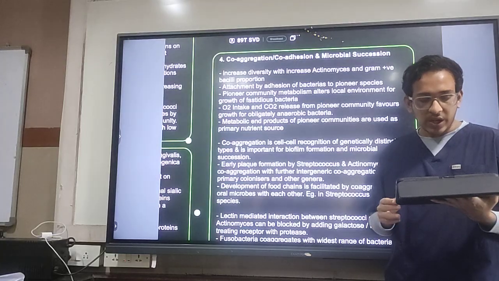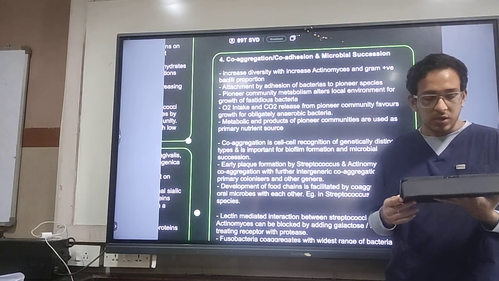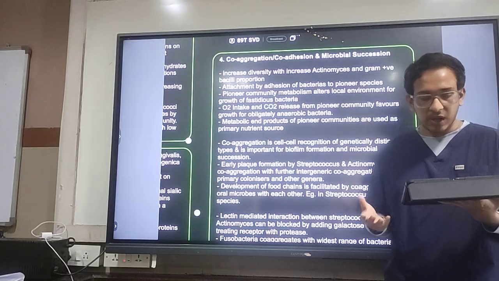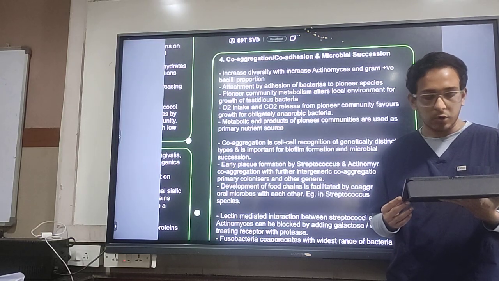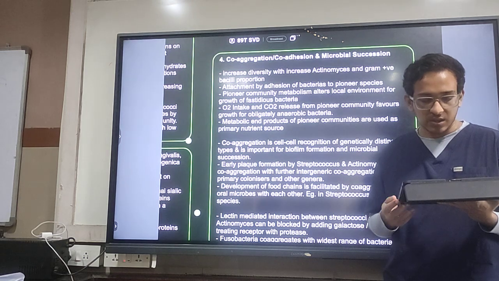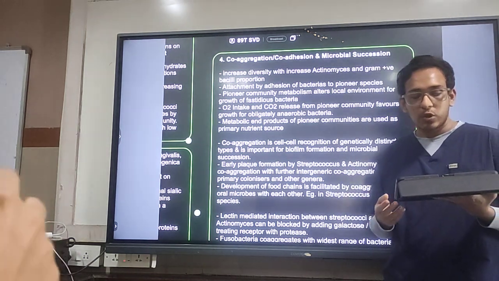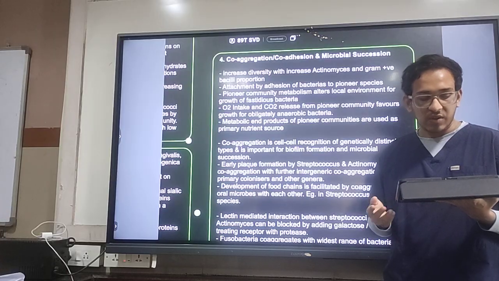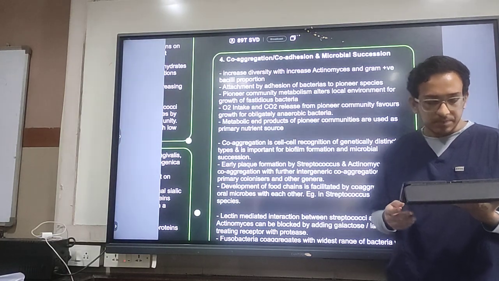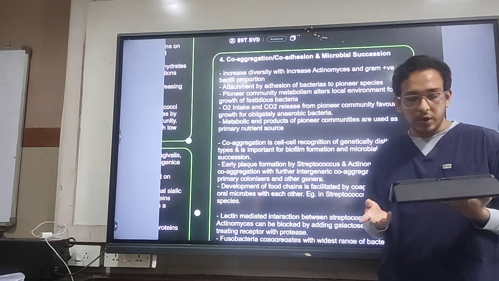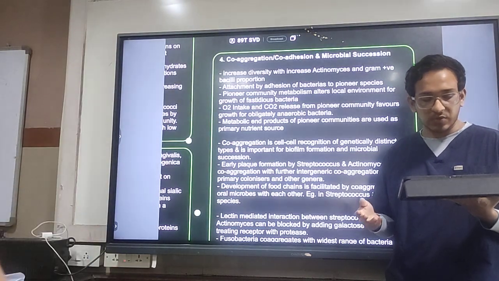The pioneer community is the first colonizing community, so the metabolism of that community alters the local environment for the growth of fastidious bacteria. The O2 intake and CO2 release from the pioneer community favors the growth of obligatory anaerobic bacteria. The metabolic end products of the pioneer community are used as the primary nutrient source for